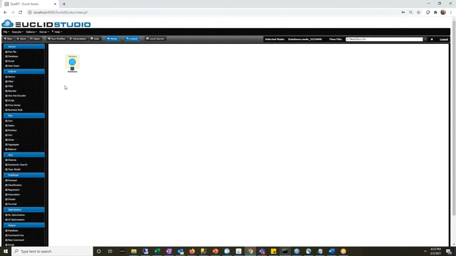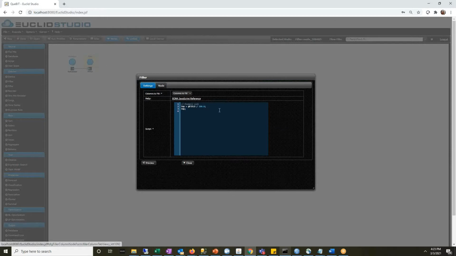To manipulate data in an entire column across all rows, we can use the filler node. The filler node will fill in records based on some conditions and perform some operation. So if we open up a filler node, we can see that we've got a columns to fill dropdown where we can select one or more columns. In this case, we'll just choose the zip column, and a text box here where we can enter some JavaScript